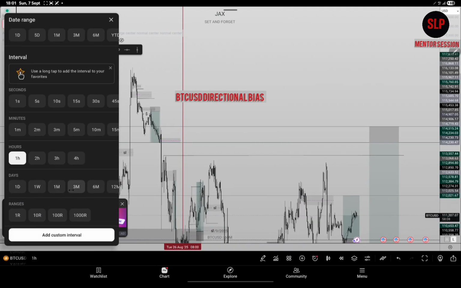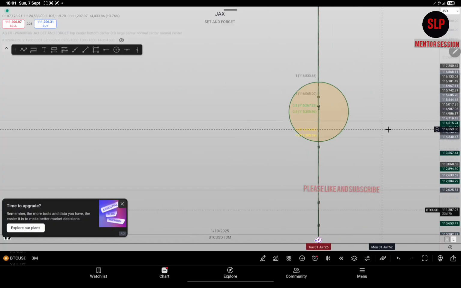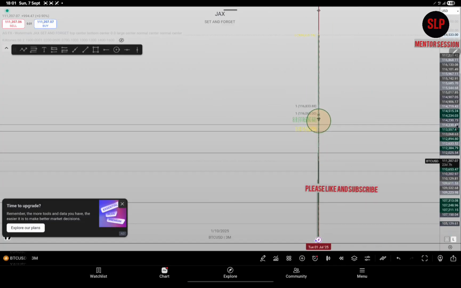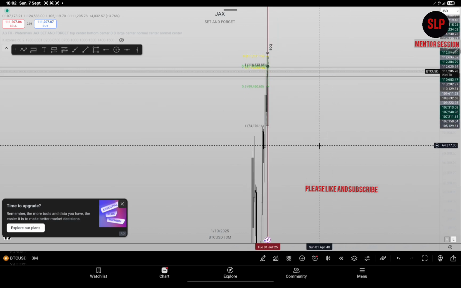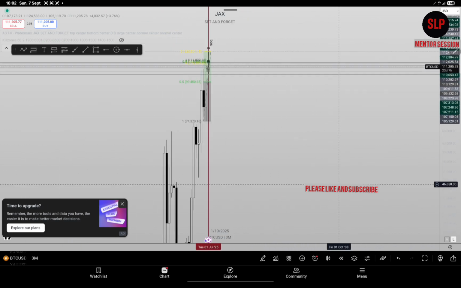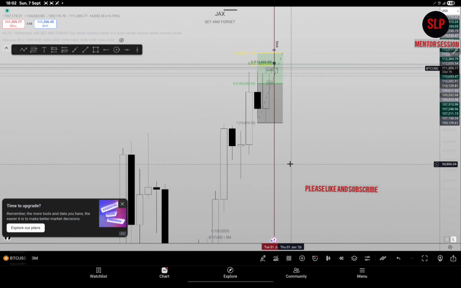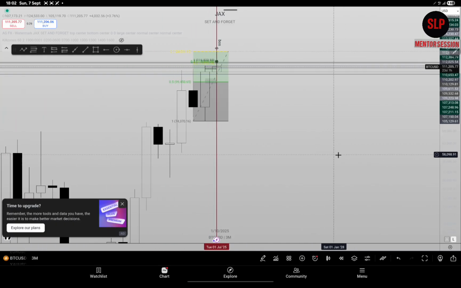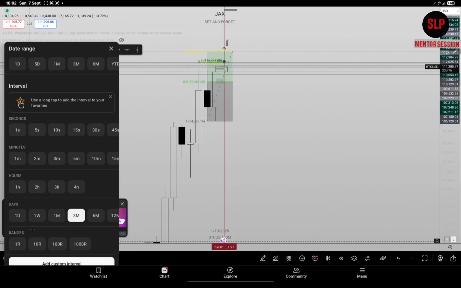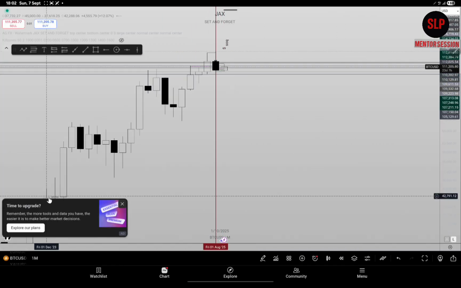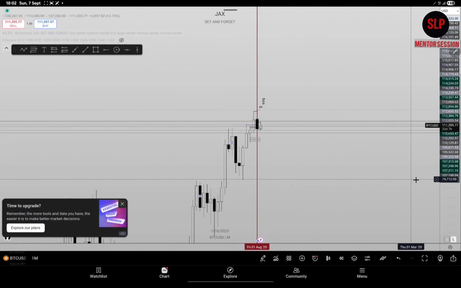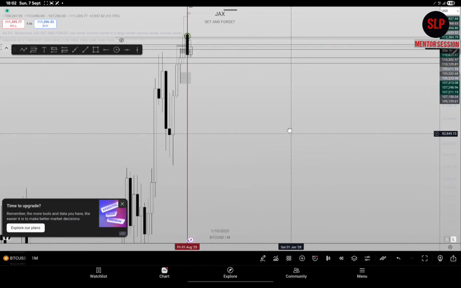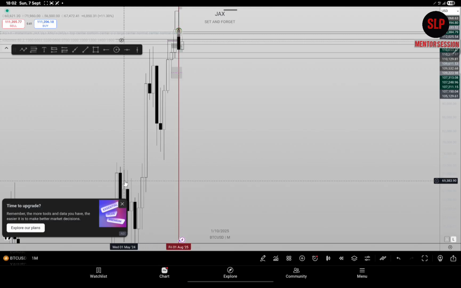Okay, let me go. Should I go to my 3 months time frame? I'm buying both BTC and gold. This is the kind of stuff you see when you go to your higher time frame. To analyze pairs like this, you need to just focus on your lower time frame.